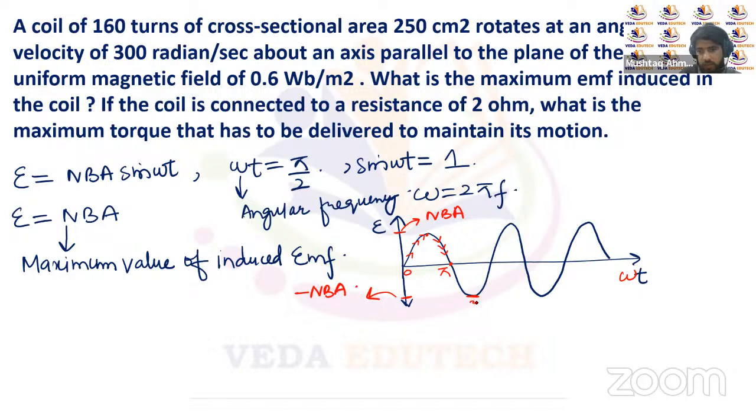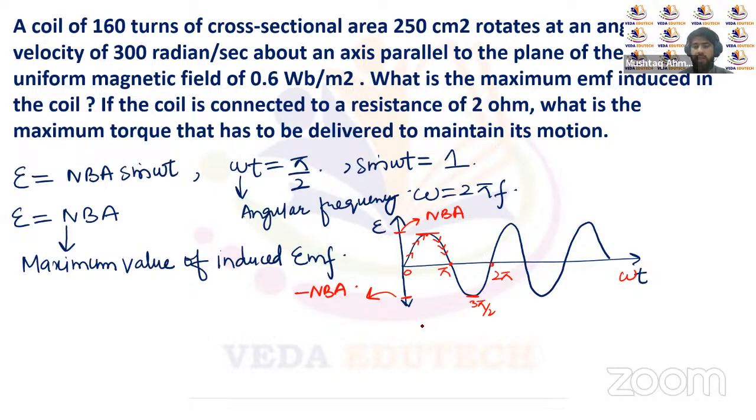And this will be 3 pi by 2 over here. And this period will be here, 2 pi, right? So the complete period for this function will be omega t equal to 2 pi, the period for this curve. Here the EMF is maximum, the EMF is 0 here, and the EMF is minimum here, which is the minus NBA value. So you can see that here